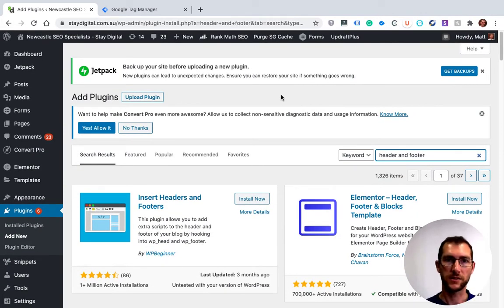So once that's installed and activated, the next thing we're going to do is head over to Google Tag Manager and create an account and a workspace, to generate the code that we want to add to our website. To give you an idea of what Google Tag Manager allows you to do and some advantages of it, if you've got a number of analytics scripts or marketing scripts running on your website, things like Facebook remarketing, Facebook pixels, Google Analytics tracking, Hotjar tracking if you're doing visitor recordings,